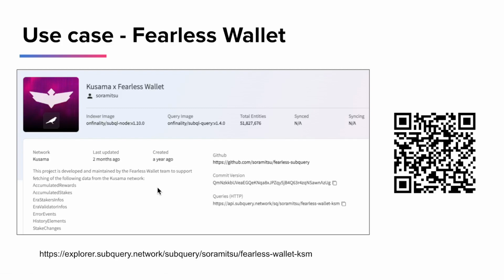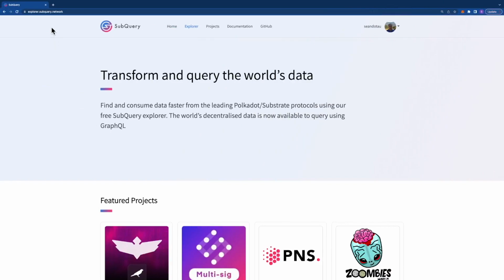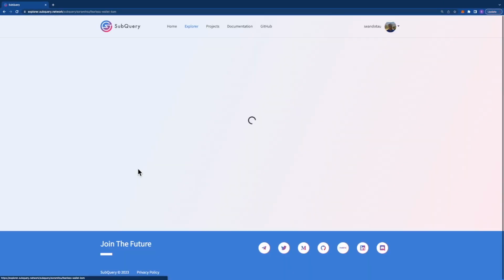Now, what are the use cases? Well, here's an example of Fearless Wallet. They've created some code on GitHub, which is open source, in order to power their particular wallet, indexing data such as accumulated rewards, accumulated stakes, era stakes, etc. And in fact, if I go into explorer.subquery.network, I can dig into Fearless Wallet,